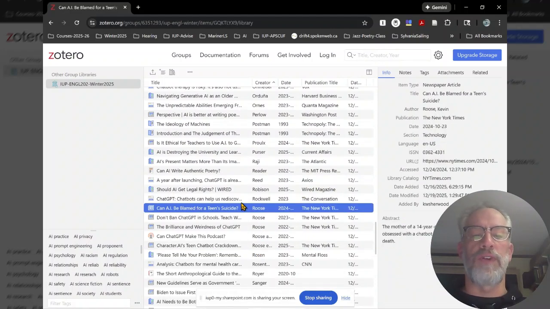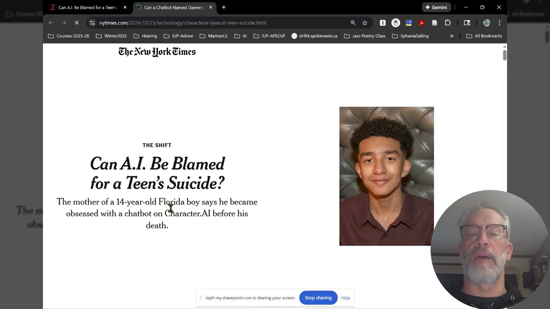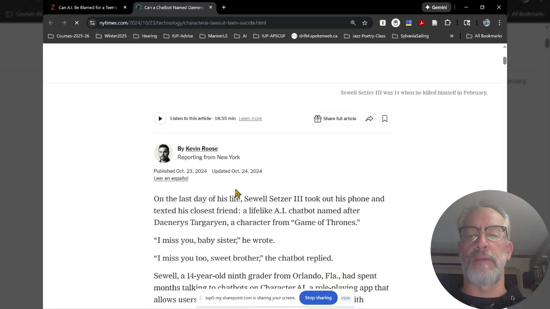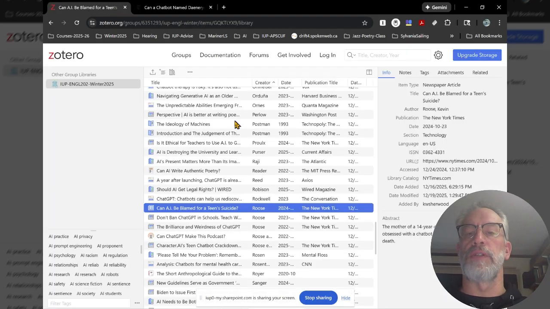Whenever you do find a piece, if you double click on it, it will link. It will open up the main URL. So these are all web-based resources. So if I double click on this, new tab, and this is what it looks like on the New York Times website, assuming that it's not paywalled. Okay, so the default behavior is to open it up